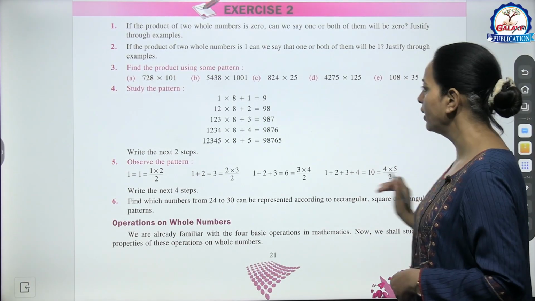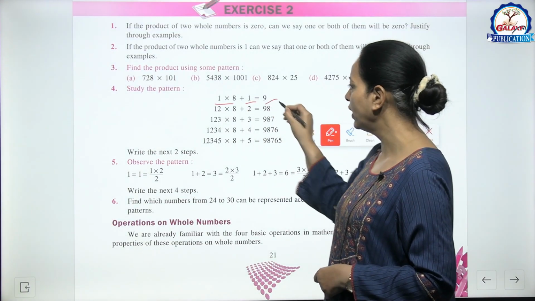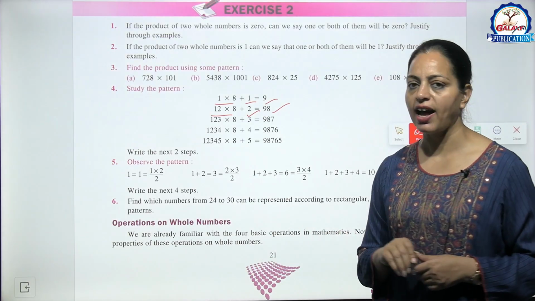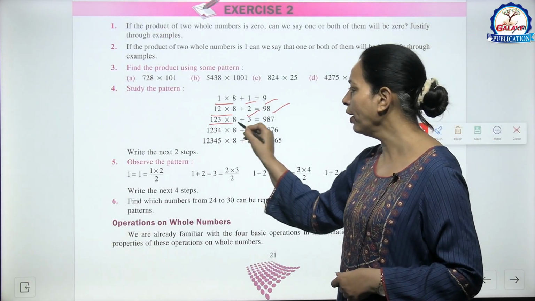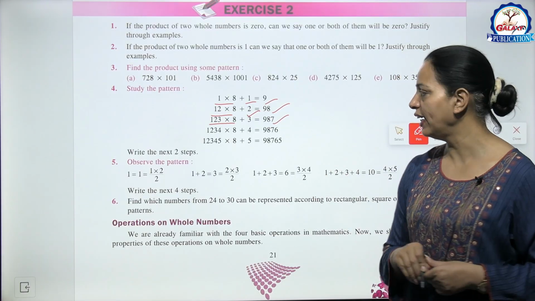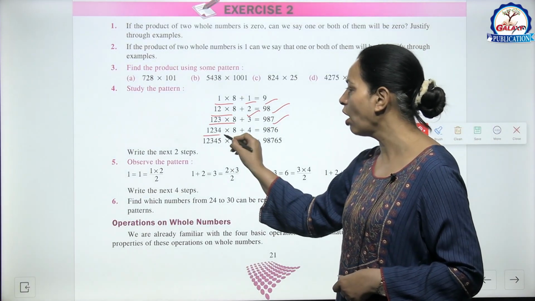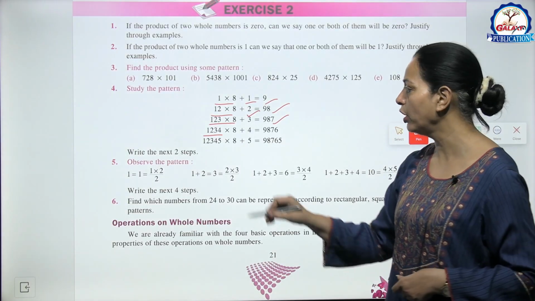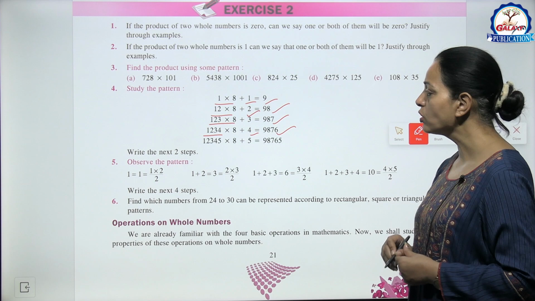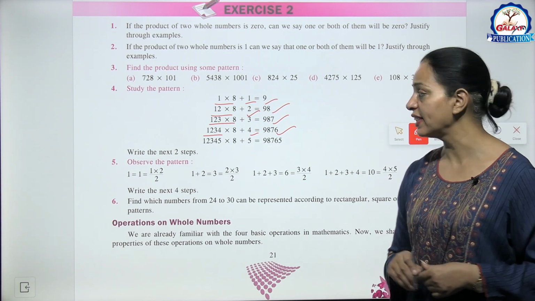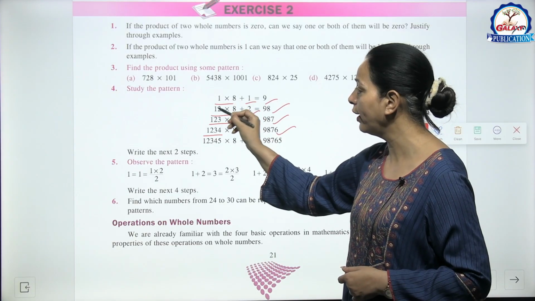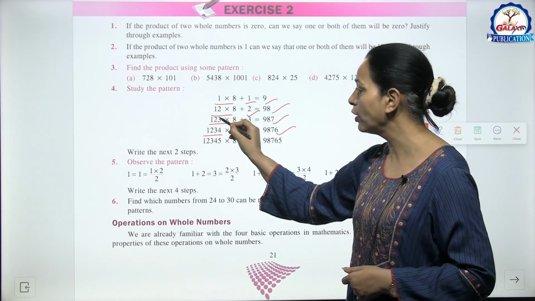Study the pattern. Like 1 into 8 plus 1, it is 9. Then 12 into 8 plus 2, it is 98. Then 123 into 8 plus 3, it is 987. Then 1234 into 8 plus 4 equals 9876. Very interesting. What are we doing here? First there is 1, then 1 2, then 1 2 3,